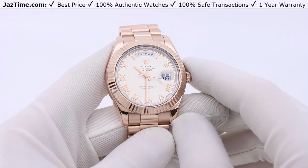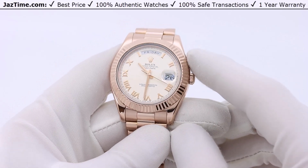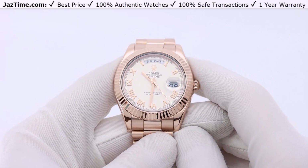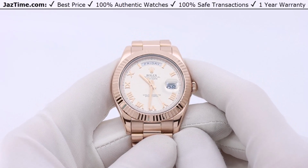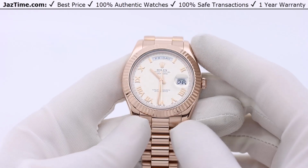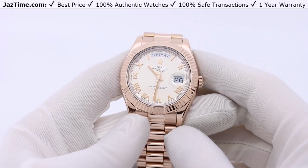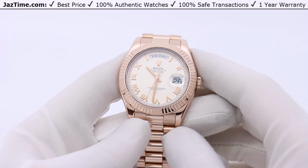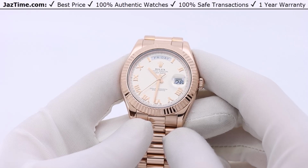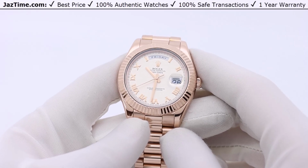Okay, anyways, the movement on this one is an older movement. It's a 3156. It has a power reserve of 48 hours, which is more than enough, and you can't see the movement anyways, so I'm not sure that it matters. The newer movement is a 3255 and has a power reserve of 70 hours, and it's a little bit more precise, plus minus 2 seconds a day, as opposed to, I think this one's plus minus 7. I'm not sure about that, but